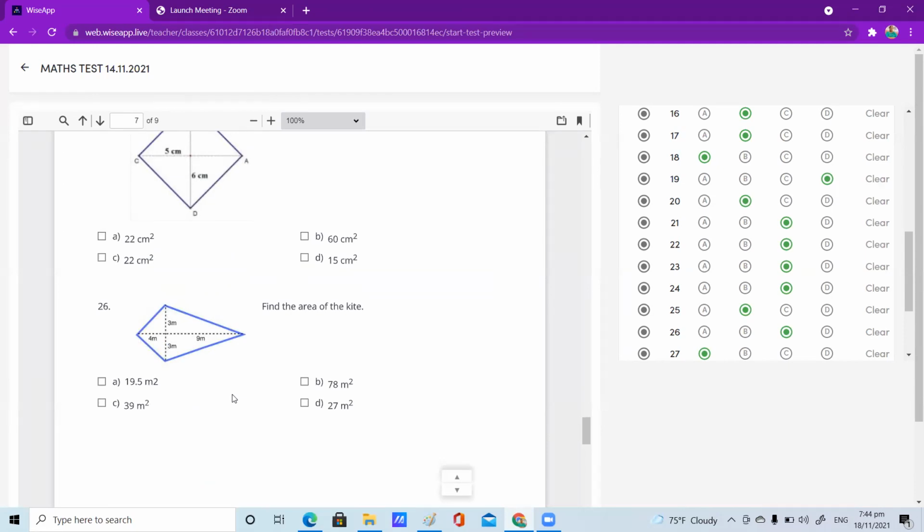Same formula what you are using for rhombus, same thing. Ma'am, what if it was different? 36, 5 fives are 36. Ma'am, what if 25 plus x square. Yes. 33. No, children. Listen.